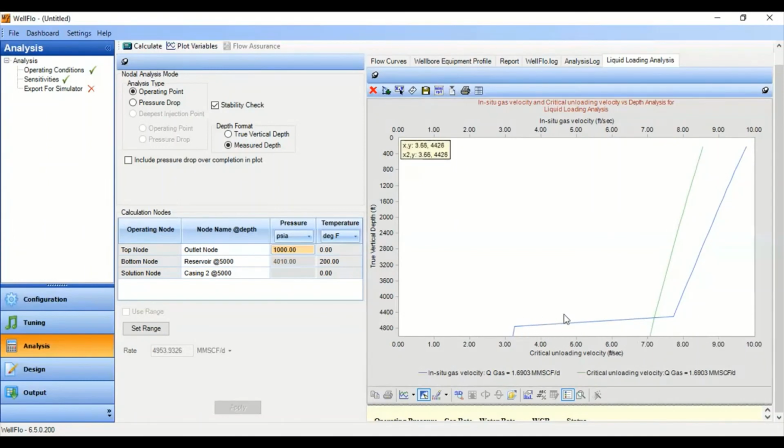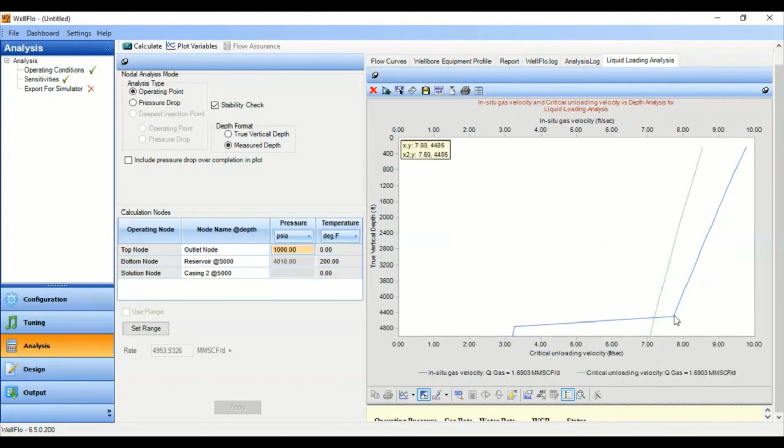It's quite dangerous. It means that we will see a potential liquid loading problem at the bottom hole. So please make sure if you handle a gas well, you also construct this analysis in addition to your nodal analysis.